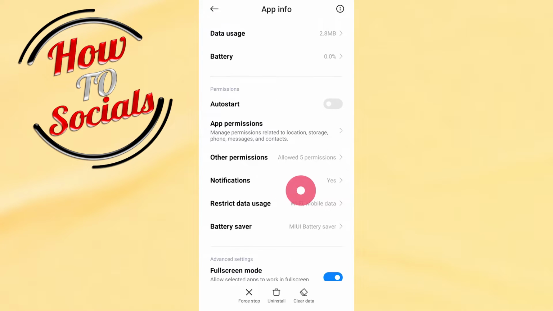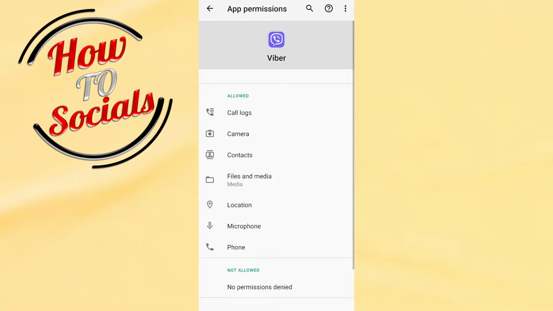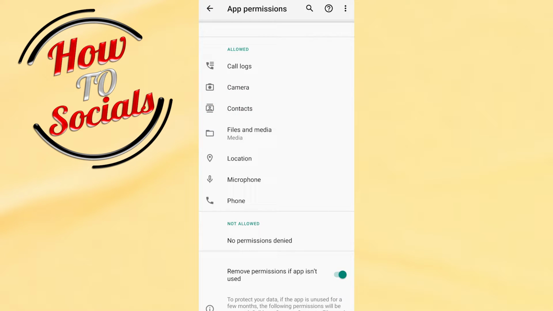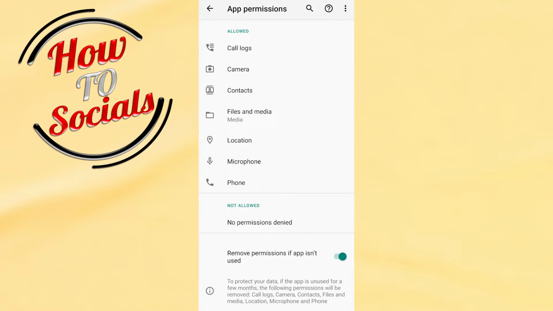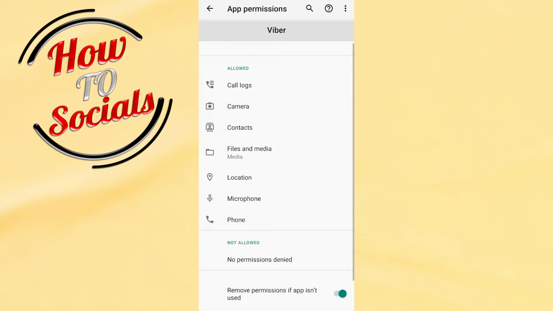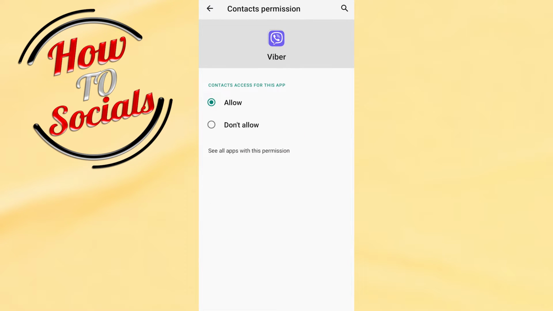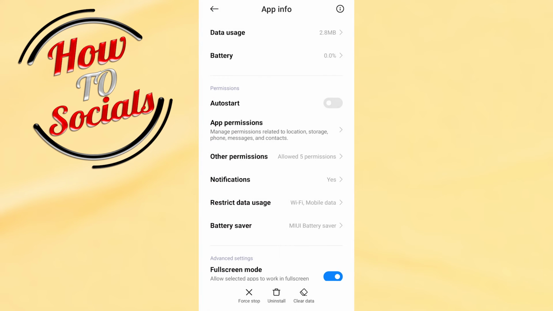And right here you need to go for App permissions, and here guys you need to make sure that all these sections which are related to sending a verification code, in this case Contacts and also Phone and Location, all need to be allowed. Now as I tap on it, you're going to see that all are allowed. And now the next thing you should do to fix this problem,